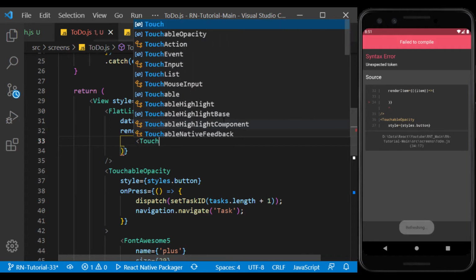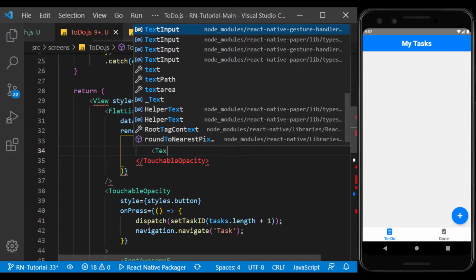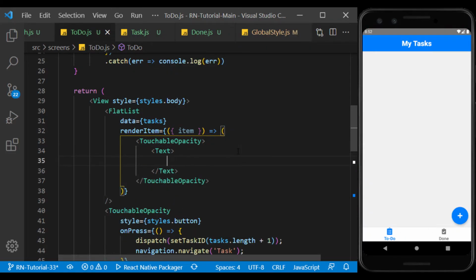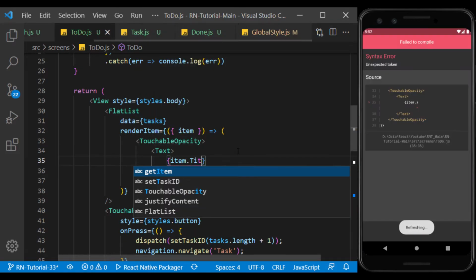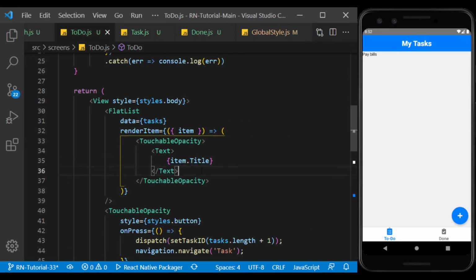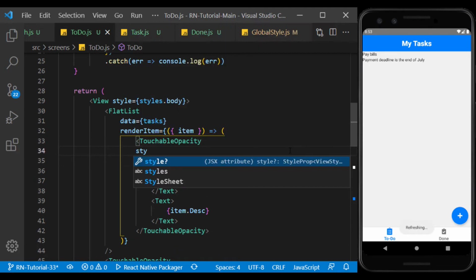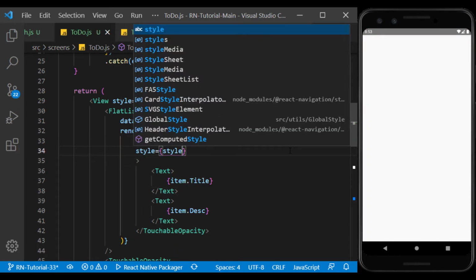As each item, I consider a touchable opacity, in which I display the title and description. Well, now I give them a style to look better.